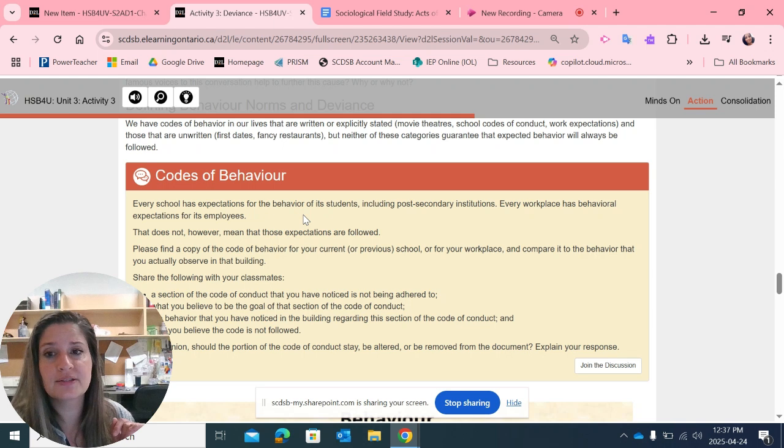So your school has a code of conduct. Pull that up and have a look, read over it. What is a section of the code of conduct? Bring that to your group discussion this week and let us know what's going well at your school, and what you believe is not being followed. But remember, we don't want to hear about any names or anything that could get anybody in trouble. So keep names and identifying features out of the posts.